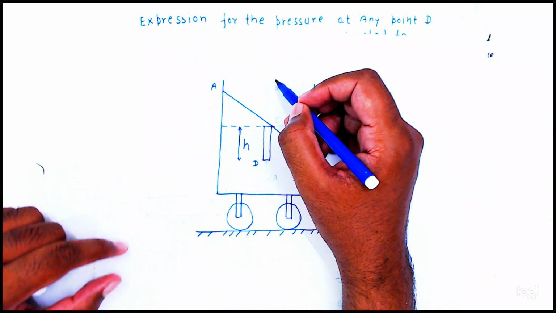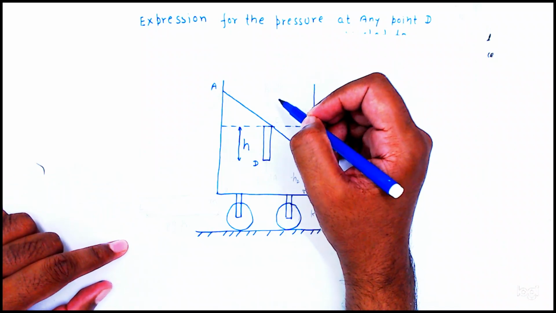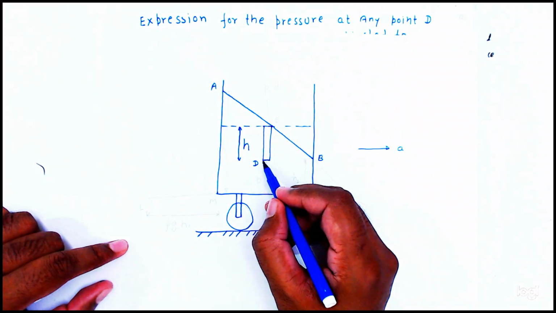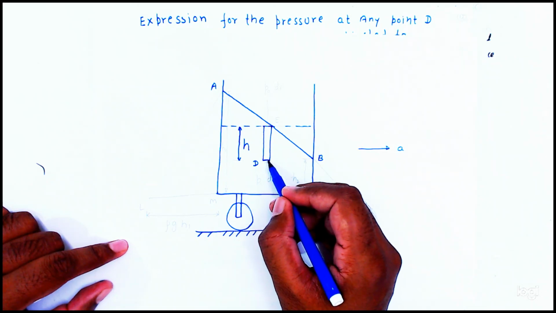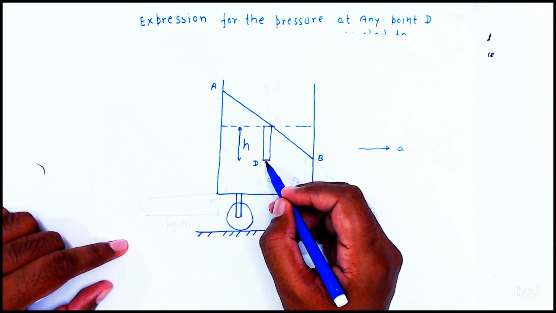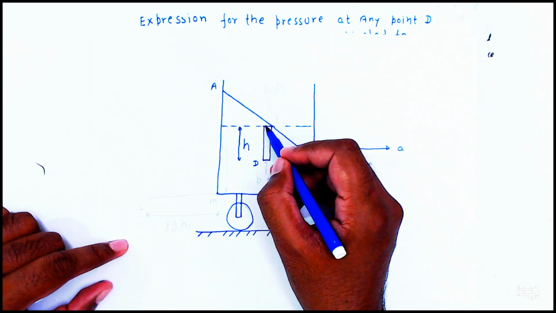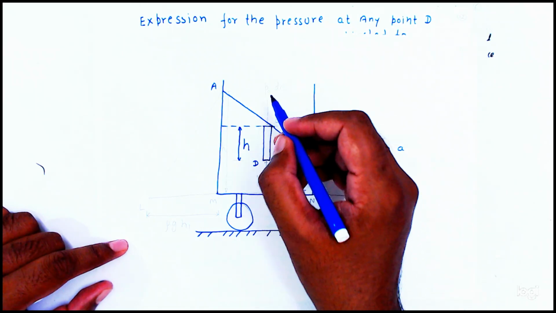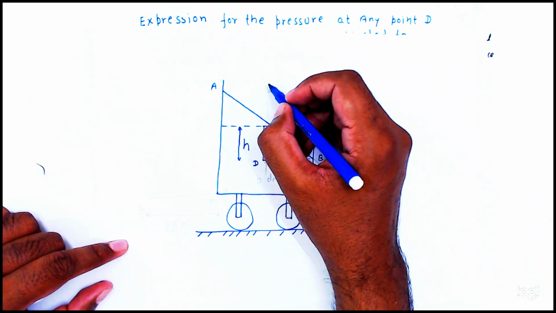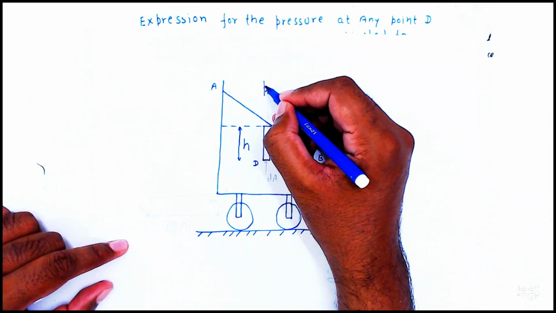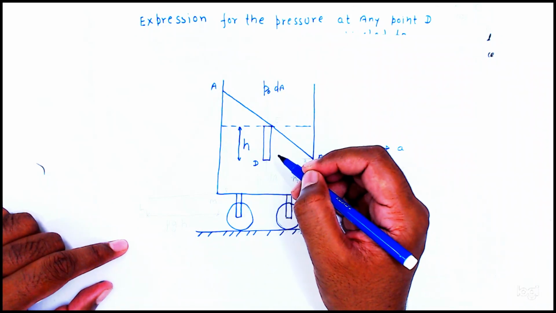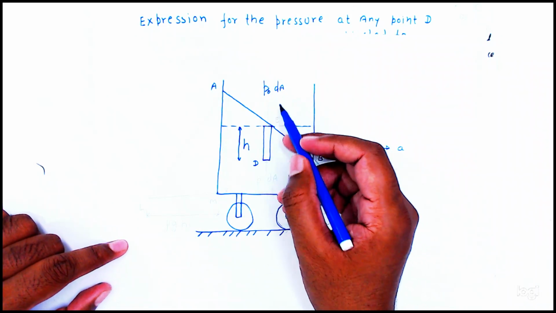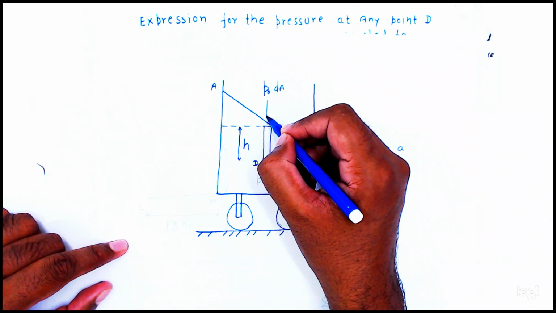So P naught is the environment pressure, and here the small cross sectional area dA we are considering. So top side also dA is there, and this P naught is the atmospheric pressure and dA is the small cross sectional area of this prism. So P naught into dA is working on the top point,